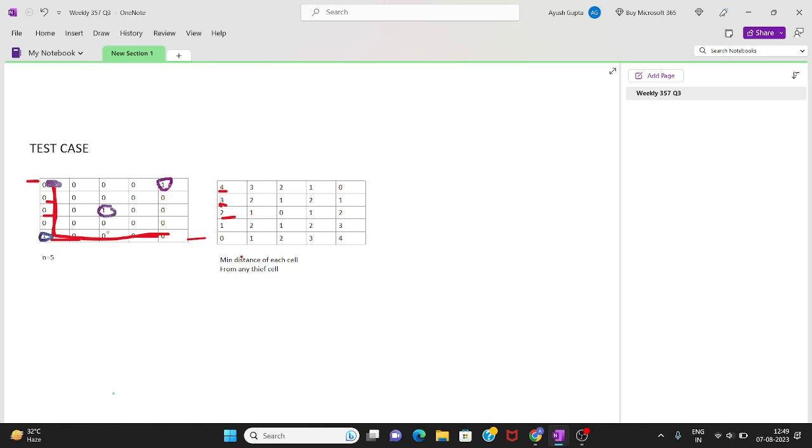Okay, and to reach this thief cell, you have to take 1, 2, 3, 4, 5, 6, 7, 8. Okay, and to reach itself, it has to take 0 steps. So what is the minimum distance to reach any of the thief cells from this cell? It is 0. Okay, now from this it is 1, 2, 3, 4.